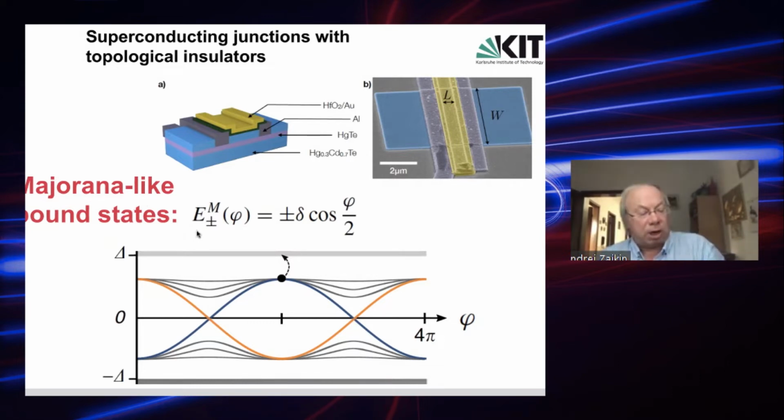I have no time to explain this in more detail, but I want to mention that the energy of such levels as a function of the phase difference has exactly the same form as those of Andreev levels, which I showed on the previous slide, with the only difference that here we have a generally different parameter, which can be either equal to delta, and then it's just the same formula, or smaller than delta, depending on whether you have time reversal symmetry in your system, in which case this delta small equals delta large, the order parameter of your superconductor, or it can be smaller, as in this picture, provided the time reversal symmetry in your system is broken.